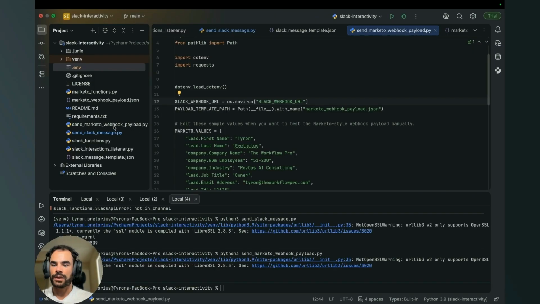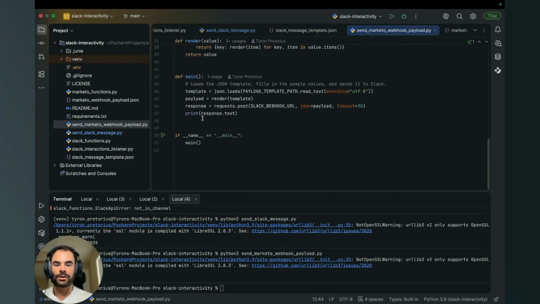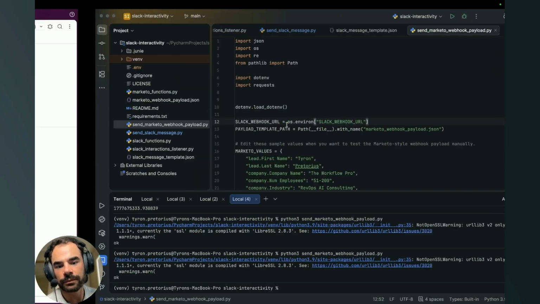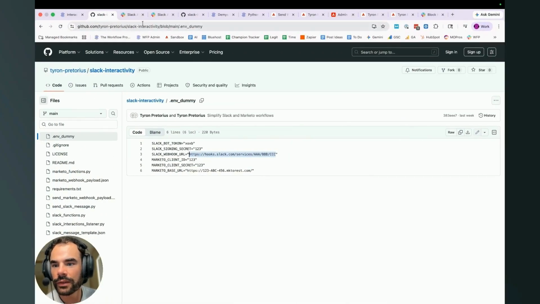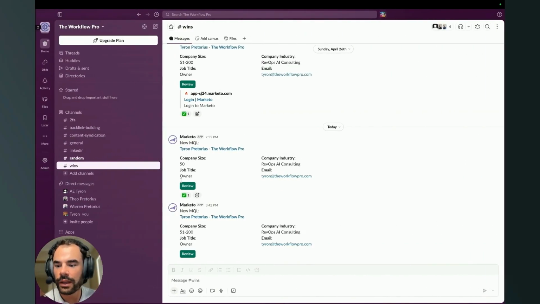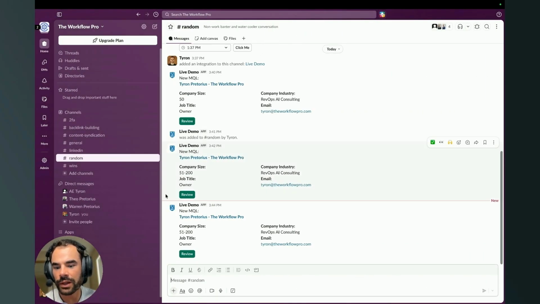So if I go to send Marketo webhook payload, now the Slack webhook URL, if I run this again, since I updated the Slack webhook URL to be the live demo app, and this URL here maps to the random channel, it will now send correctly to the random channel from the